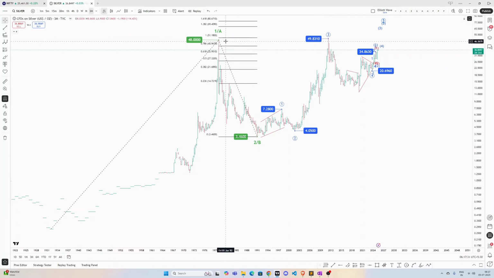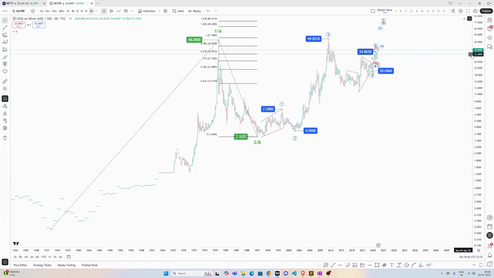So this is yet to happen. And if we take 1.618 times, that gives us a target of 80.67. In commodities and precious metals, it's very common that equality is not what works; extended levels work. So it is still very much a possibility that it could do 1.618 times instead of just this equality level. Even if this is the equality level, we still have a long way to go because silver is currently trading